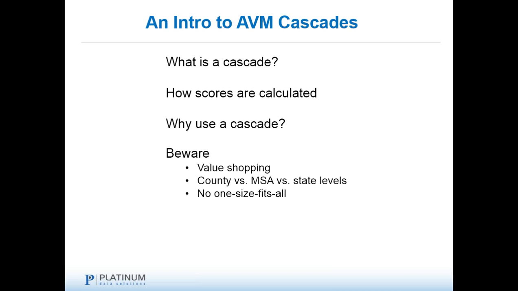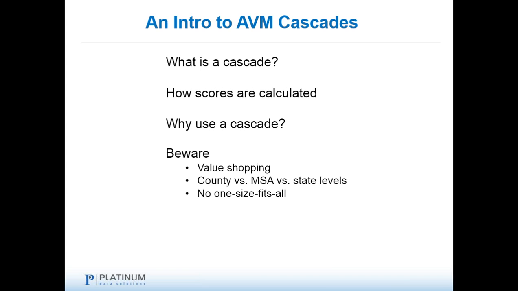So you might put 50% weight on your hit rate. You might put a 30% weighting on your median absolute error. You might put a 20% weighting on your standard deviation, and you might deduct a 20% weighting for overvaluation. But when you add all those up, you can get a score that allows you to rank order your models. And now you've built a model preference table or a cascade, which is simply this rank ordering of the models